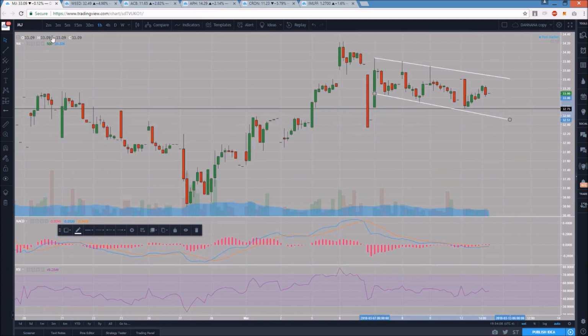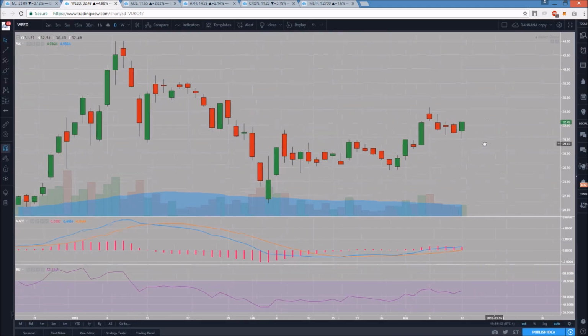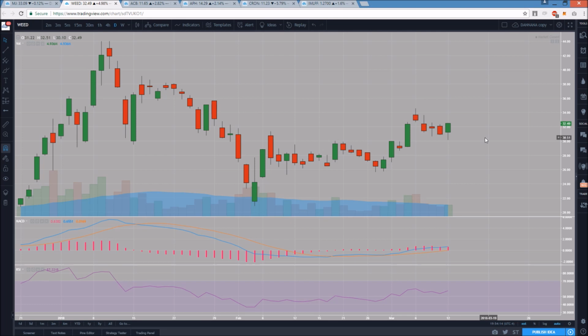There are individual names that are stronger than others now, and WEED is one of the stronger names with a very solid bullish reversal candlestick today. And the bulls really turned it around after a weak start because we dropped down to lower lows on the daily time frame. There's our new support. The bulls really want to hold 30.10 from here, and that psychological 10 support, previous resistance that was the big bull break signal, now acting as support. That played out perfectly, and the bulls couldn't be happier with the bounce and how it has played out. So we have already broken the lower high pattern, and the next resistances that we're looking at are 33.64, and then the top of the move,